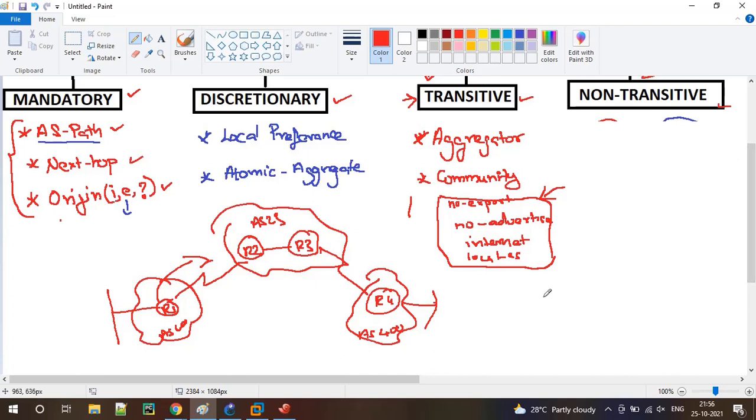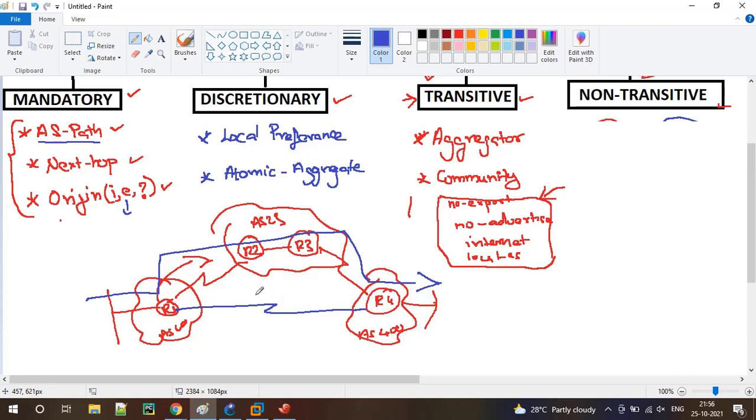What does transit mean? R1 and R4 are at the edge, and AS23 is in the transit path. Whatever traffic I send from R1 has to go via AS23 to reach R4, because I don't have any other link to R4.